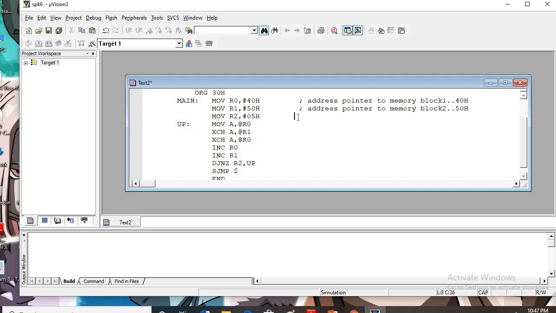Okay, then here initialize counter of 5, copy number from location pointed by R0, then